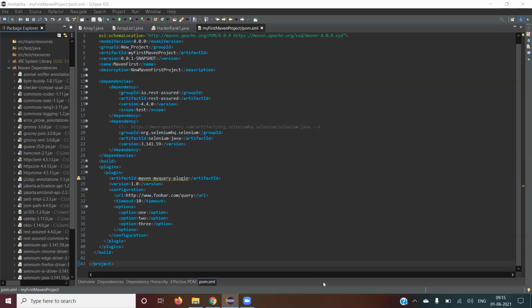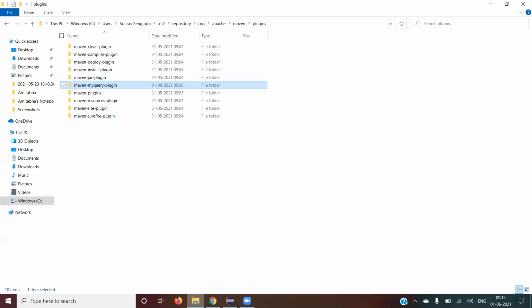Yes, got it, Molali. So, the work which a dependency does and the work which plugins do is pretty much similar. I will not say the same, it is similar, but the importance of these two is different. So we will see and understand the importance between these plugins and the dependencies in tomorrow's class. Okay.